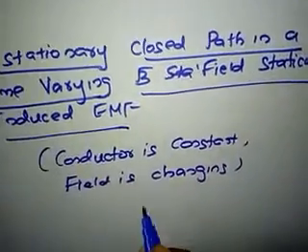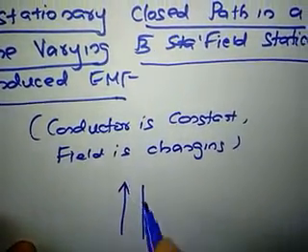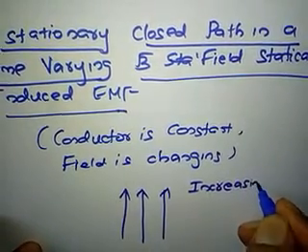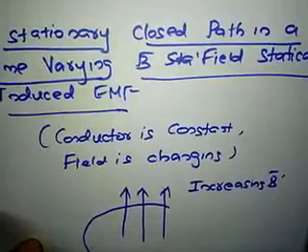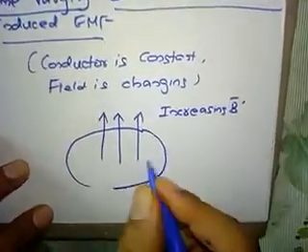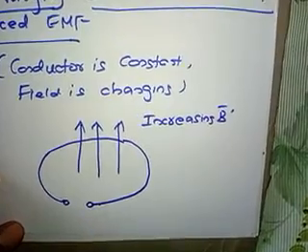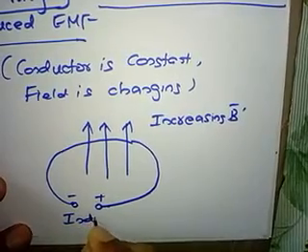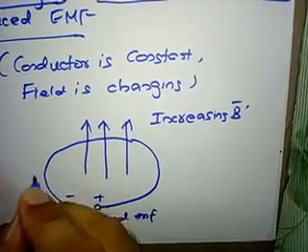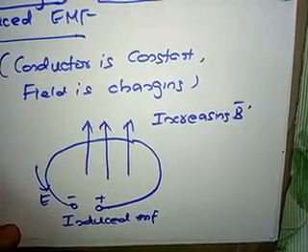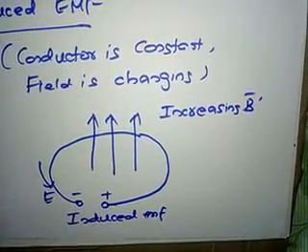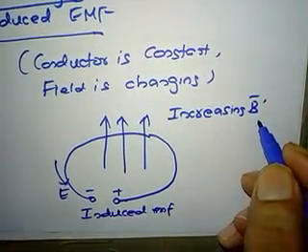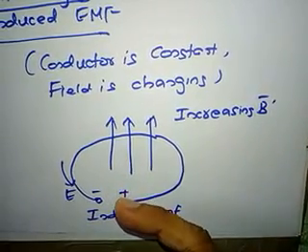Let us consider this path here. This is our changing magnetic field, increasing B bar. So we have the induced EMF, and the changing field cuts the conductors. EMF is induced, so this is our E. Here we can write the equation, because this B is varying sinusoidally, or changing, with respect to the conductor. The conductor is stationary.